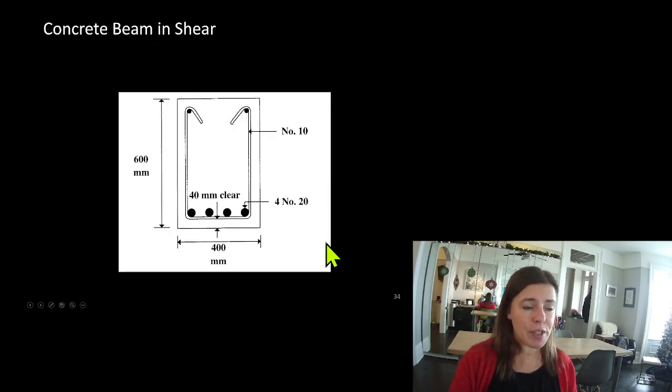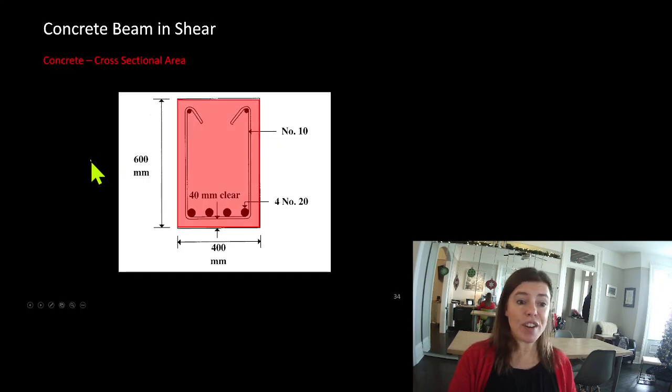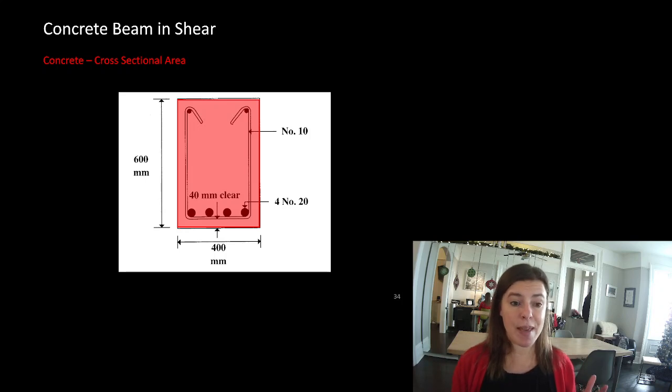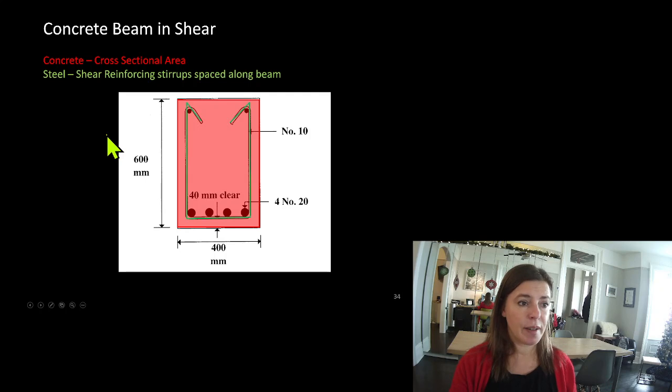A concrete beam in shear. We say that there's a whole concrete blob here that can take shear, which is great, until it starts to crack, and then we want our steel in there. So what we'll often do is we'll do the calculation and see if the beam works in shear without even accounting for our steel. And then if that doesn't work, we'll take into account our steel shear reinforcing stirrups spaced